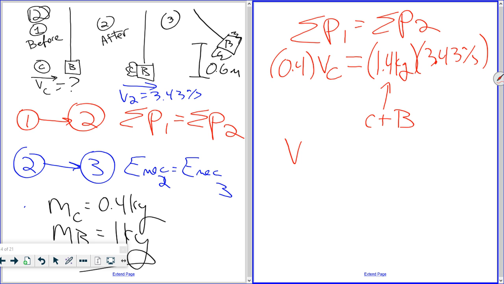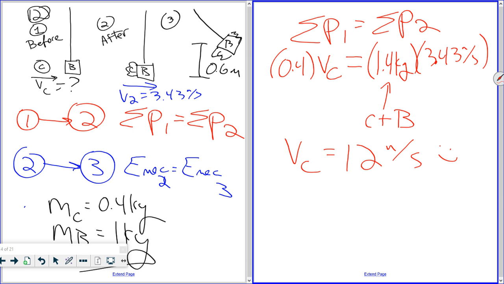And now I know the velocity of the clay, and that first drawing is whatever all this is when you divide by 0.4 and multiply by 1.4. I will do it using this calculatrix. It gives you 12 meters per second. Don't forget the smiley face. Are there any questions regarding what I did there? Okay, cool. Question B says,